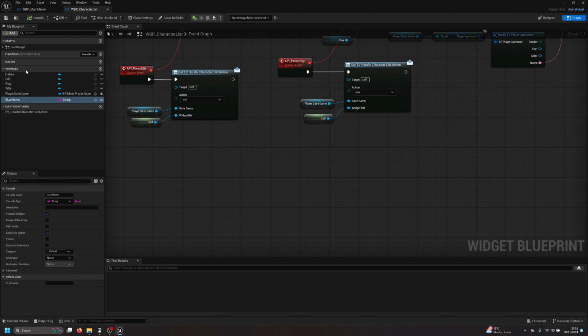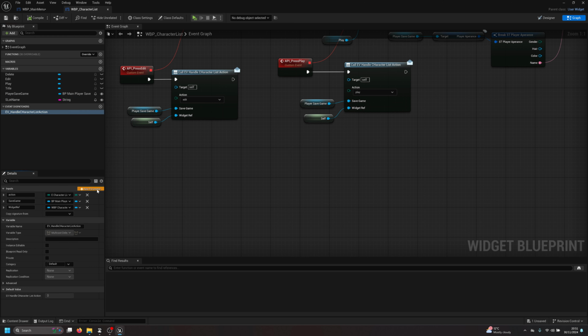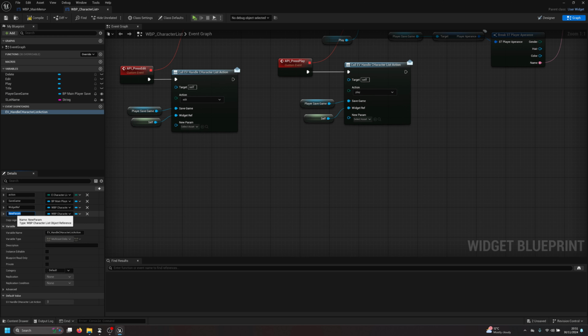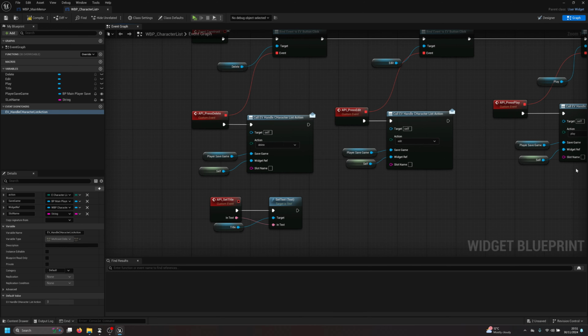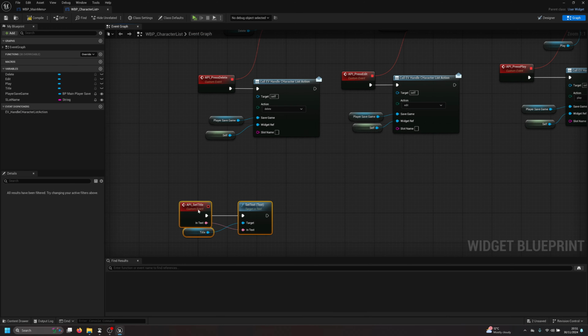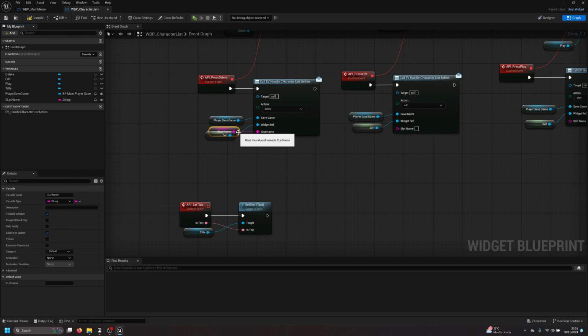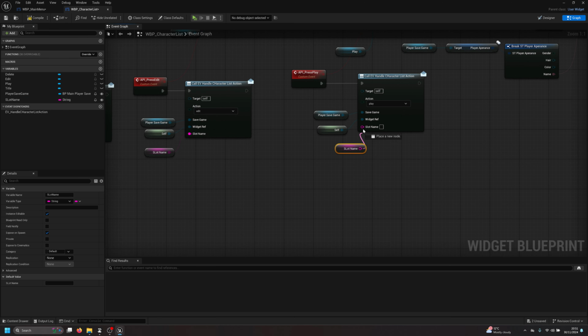Now, before we leave this, we also need to send the slot name back. So it's going to be the slot name, and this is going to be a string. And now all you're going to do here is just pass this data back, and put it right there. Now, cool. The good thing with this is that it will allow us to send our slot name